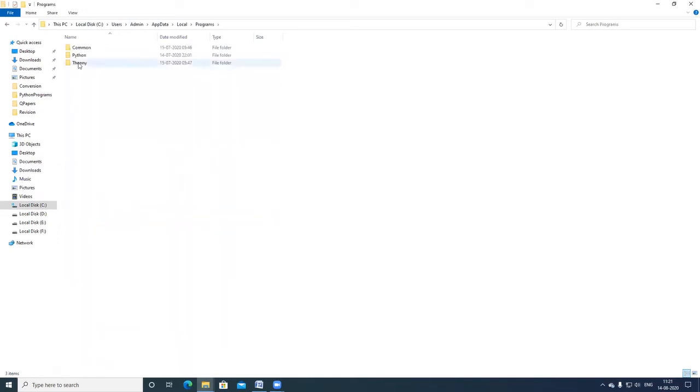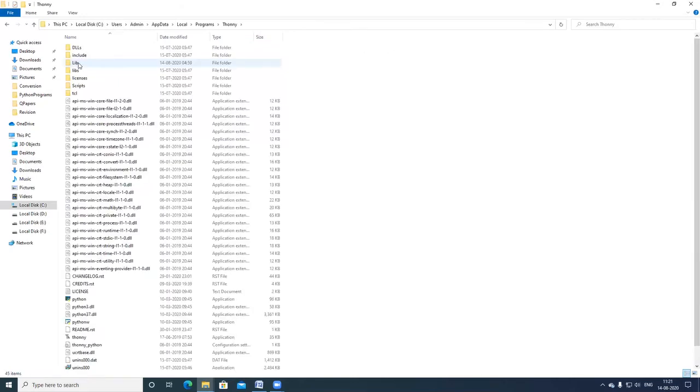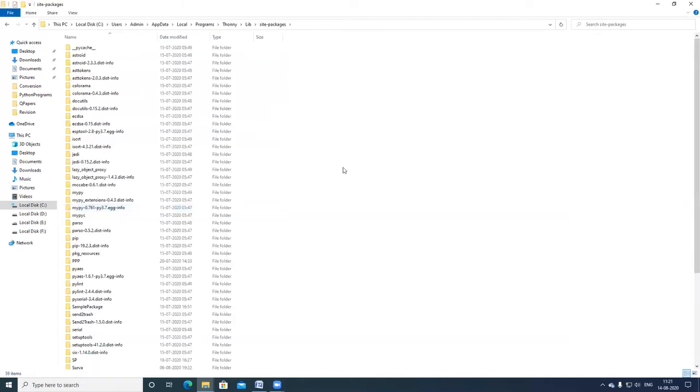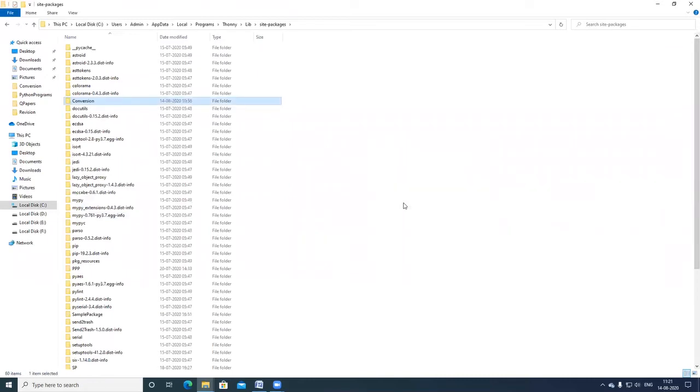Inside Programs, I have the editor. Inside the editor, I have Lib. Inside Lib, I have this particular site-packages. I am pasting the package which I have created. Now I have pasted the package inside the site-packages.